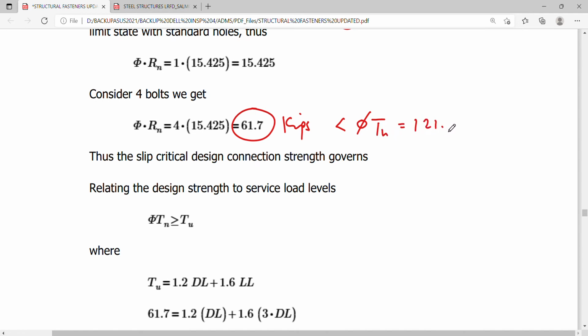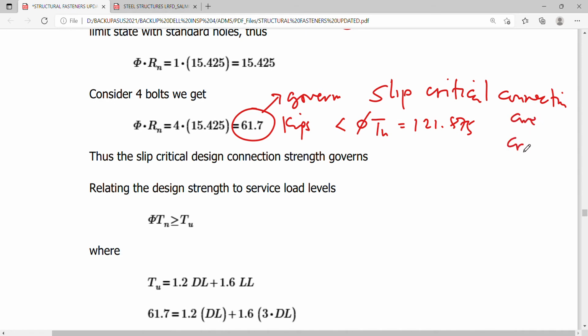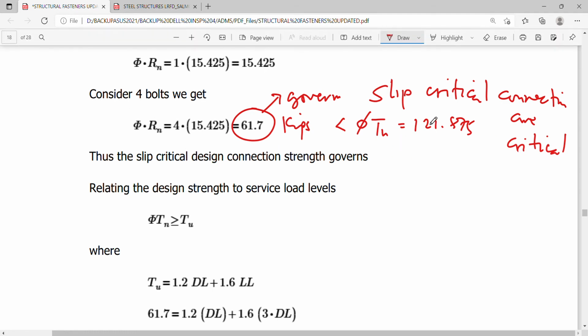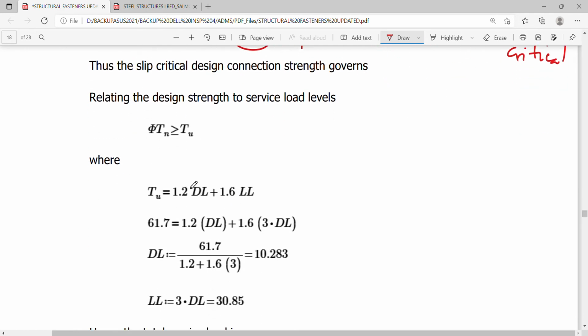1 to 1.875. So this will govern now because this is less than. So when you say that slip critical connections are critical from the word itself. Okay, so because it's an ASD requirement, it's perhaps very much less than what the LRFD requirement will give you. So relating the design strength to the service loads now, using this 61.7 as your Tu, okay, equating